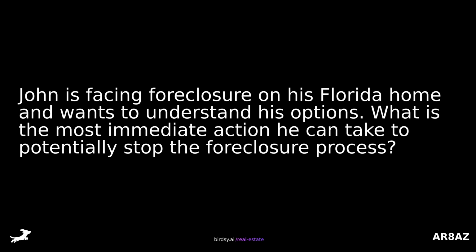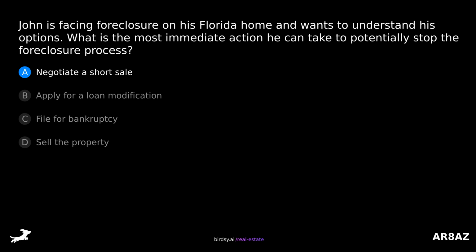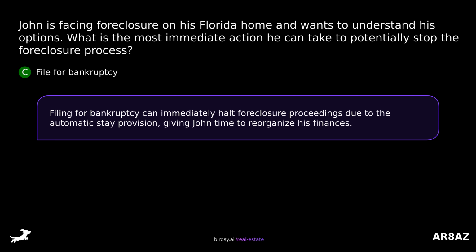John is facing foreclosure on his Florida home and wants to understand his options. What is the most immediate action he can take to potentially stop the foreclosure process? Is it A, negotiate a short sale, B, apply for a loan modification, C, file for bankruptcy, or D, sell the property? The answer is C, file for bankruptcy. Filing for bankruptcy can immediately halt foreclosure proceedings due to the automatic stay provision, giving John time to reorganize his